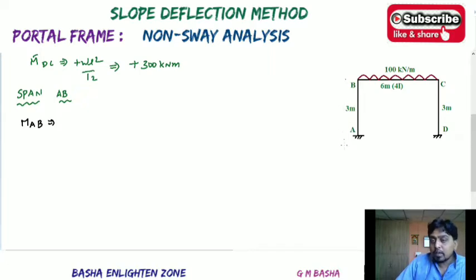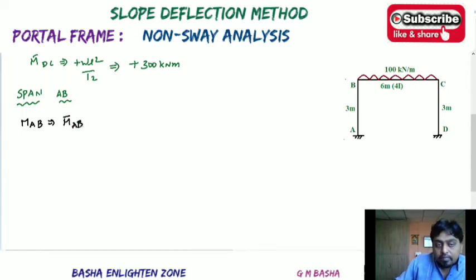So what is the formula? If the far end is fixed, then the formula will be MAB equals M bar AB plus 2EI by L into 2 theta A plus theta B minus 3 delta by L. If sinking of the support or sway is not given, at that time delta will be considered as 0. Here the intermediate supports are always considered as fixed supports, as in continuous beams. But here it is a joint for the beam and the column, so always this intermediate support is considered as a fixed one only. Therefore,